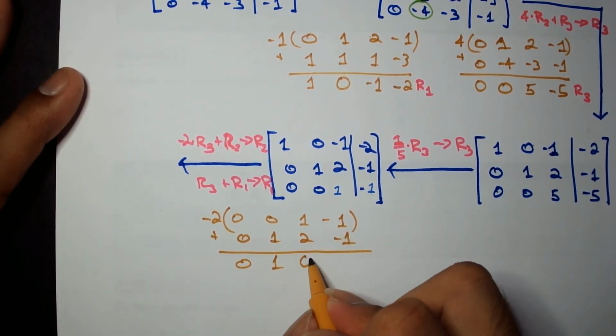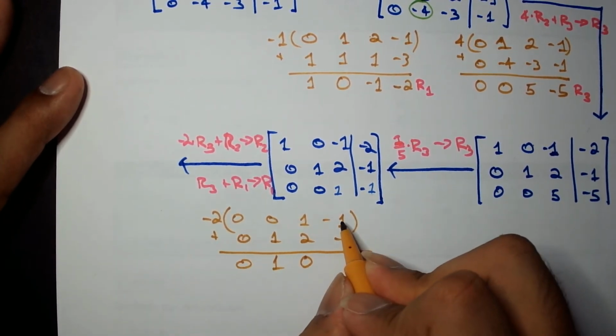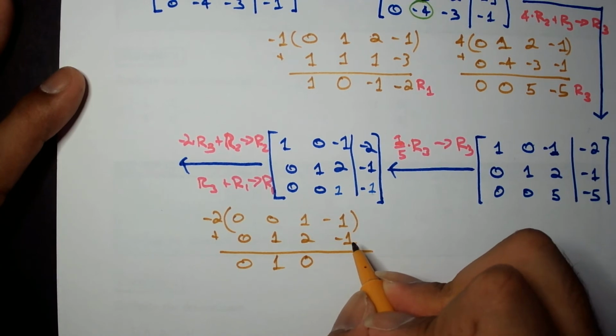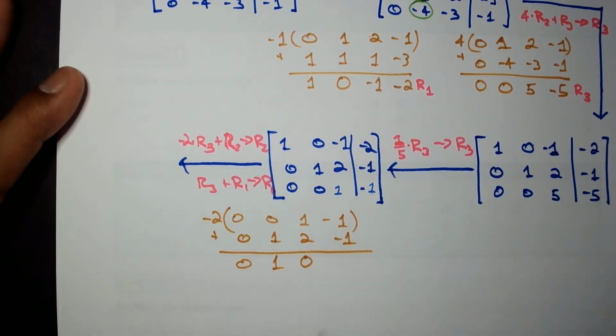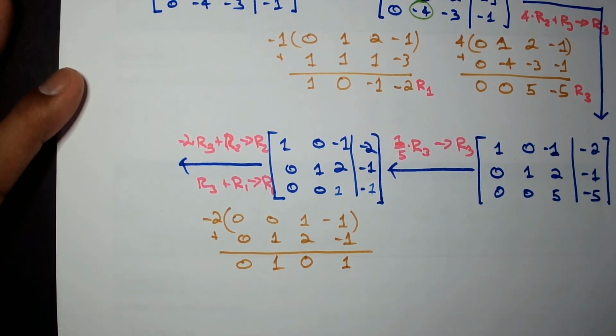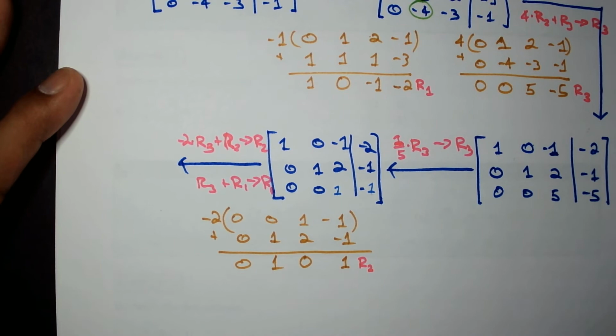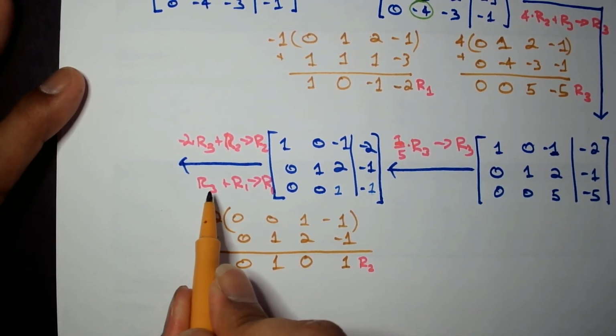-2 times 1 is -2 plus 2. That's the 0 that we wanted over here. -2 times -1, that's +2 minus 1. Be careful. That's 1. And that will be our new second row. And then the last operation, which is R3